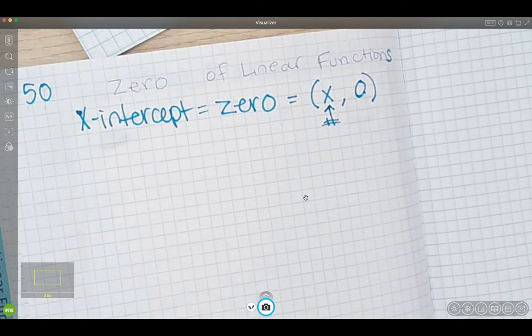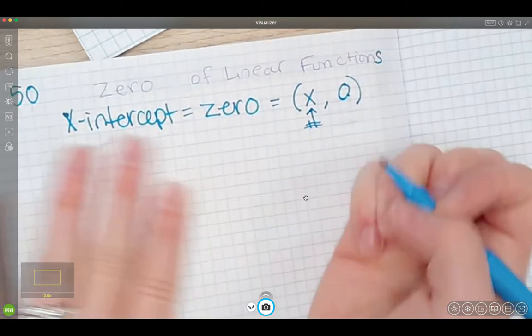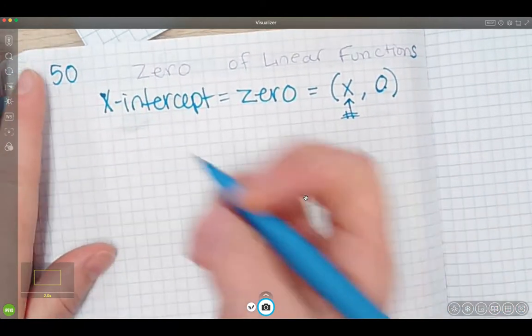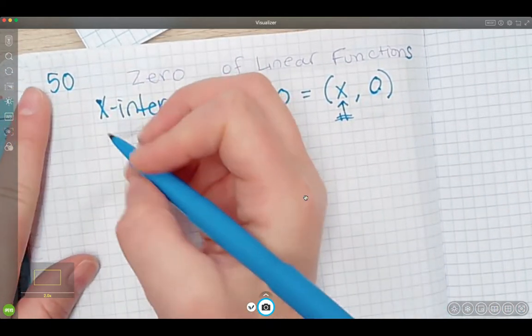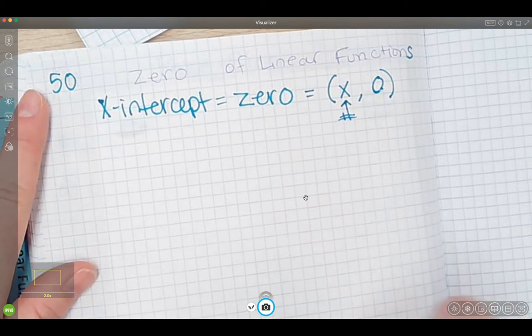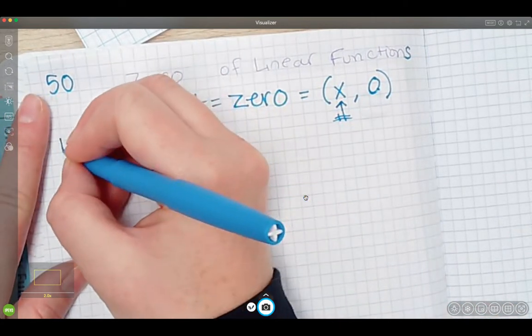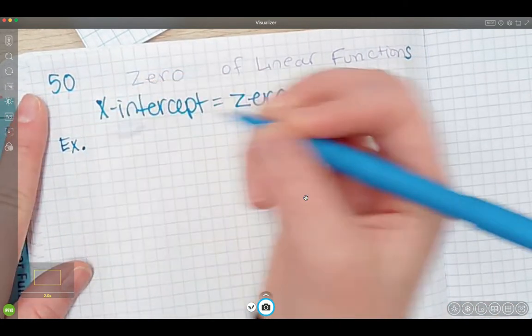Okay, so we are going to need different equations to find our x-intercept. So we're going to do some examples. We're going to do it by hand, and then we're going to do it using the calculator. So example 1,